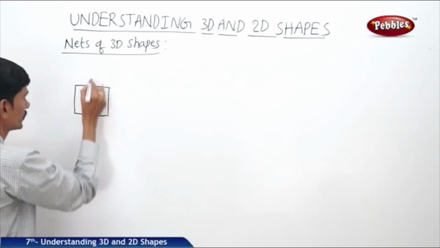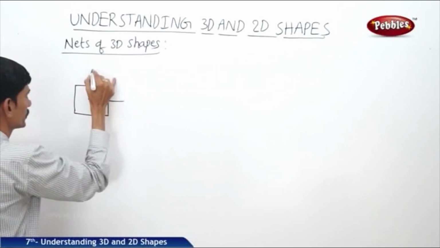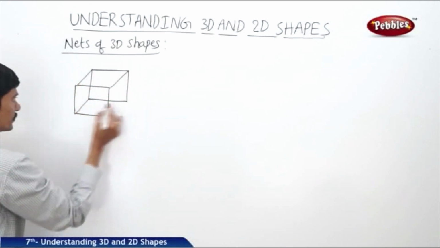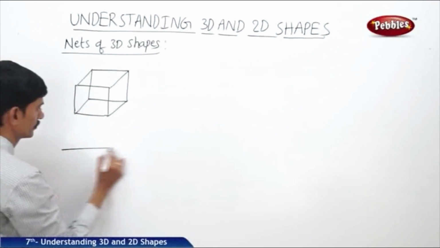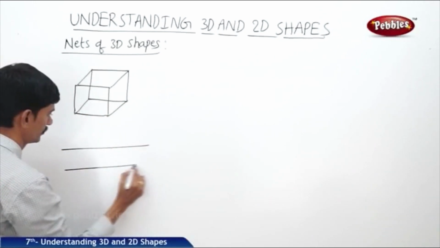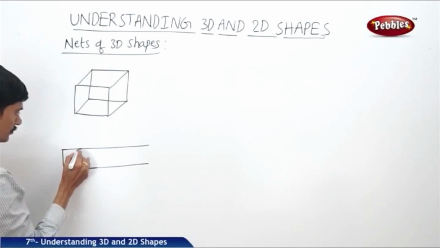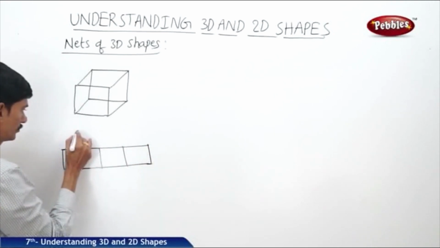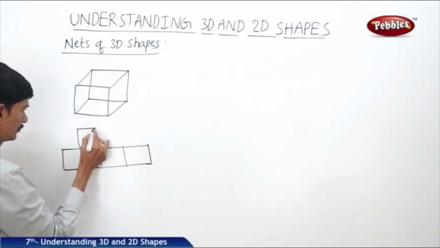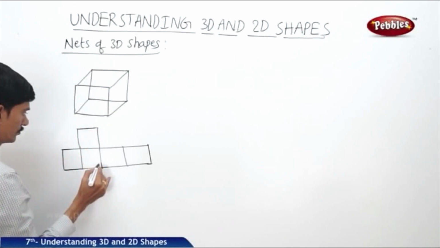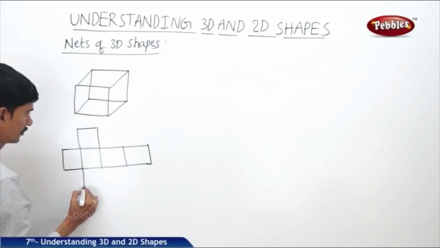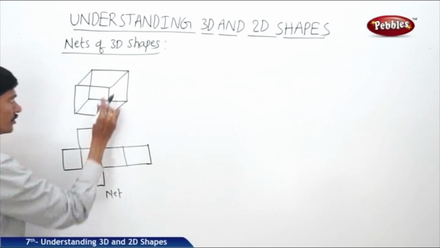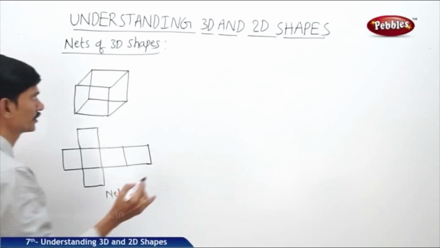if you take any carton which is in the shape of a cube, and if you cut along the edges, then we get a flat surface. Now this is the net of the cube,